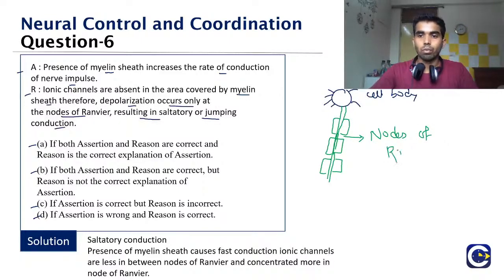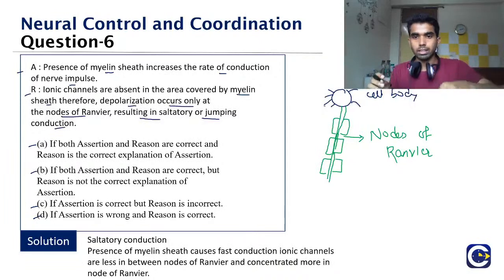It is the region where myelin sheath is absent. And what is the function of the nodes of Ranvier? See, in the nerve, current has to pass. So tell me, when can you move or when can you reach a destination earlier? If you take larger steps or if you take small steps? Obviously, if you take larger steps, you can reach the destination early, and that is why here